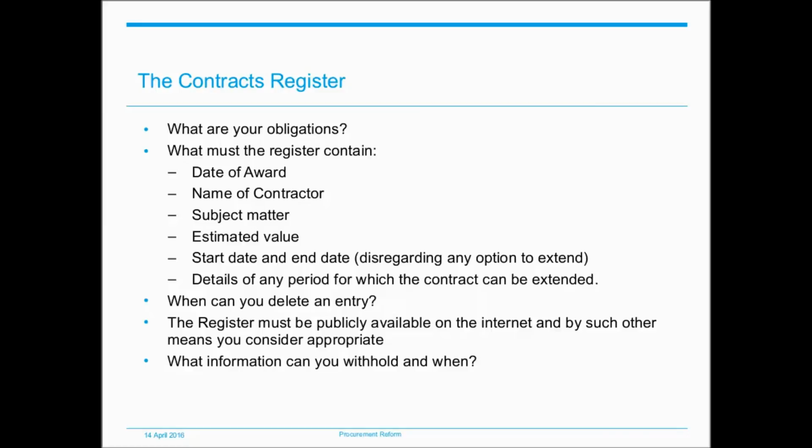As I mentioned earlier, having a publicly available contracts register will be a useful tool for the public sector in terms of contract management, and it will assist in terms of looking ahead to future procurement requirements in upcoming years, as you will be able to see at a glance which contracts are about to expire and whether or not they have potential extensions. The flip side to this is that it's also likely to be a useful tool for the private sector, as they will be able to obtain copies of the relevant procurement strategies and contract registers for each area that they're interested in, and particularly for the clients that they're interested in targeting.